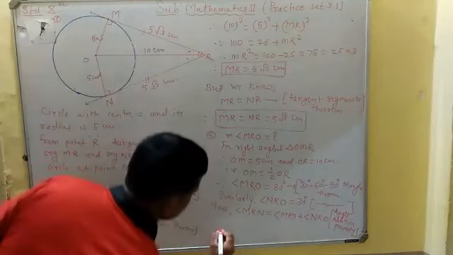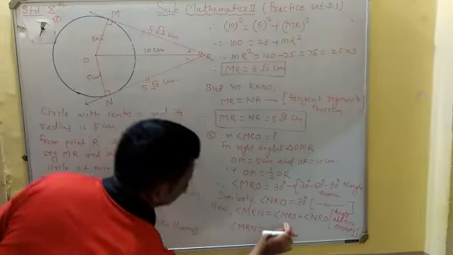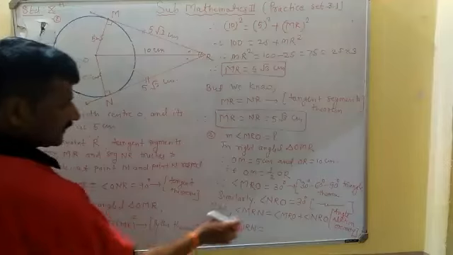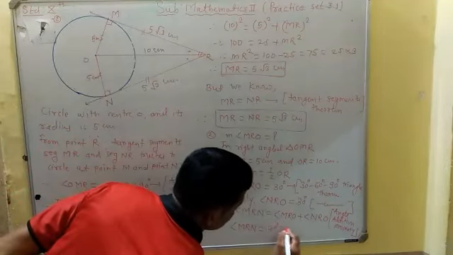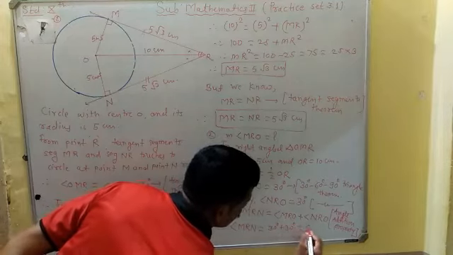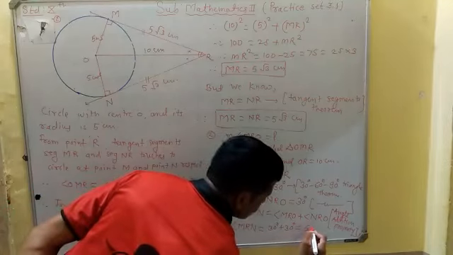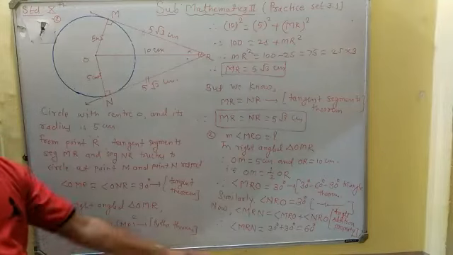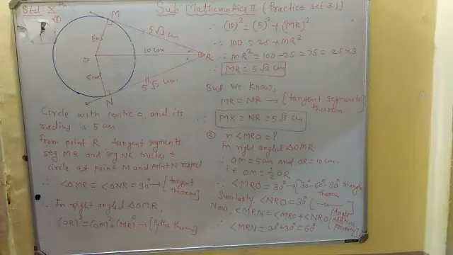Now substitute the values here. Therefore, right here angle MRN is equal to angle MRO, which is 30 degree, and NRO is also 30 degree. 30 degree plus 30 degree, we get the measure of angle MRN is equal to 60 degree. Understand? That is a very important example we solved here. Understand? Now we are going towards the next example.